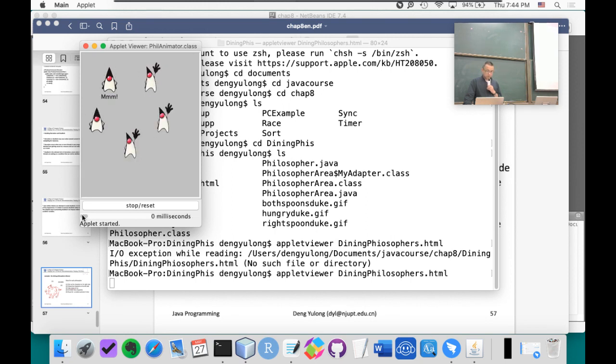At one moment, you see that all these philosophers get the chopstick on his right side. Then no chopsticks are left on the table, so they cannot get to the next step. That means no one can get the chopstick on his left side. So the program is stuck here. That is the deadlock. If you have a program,